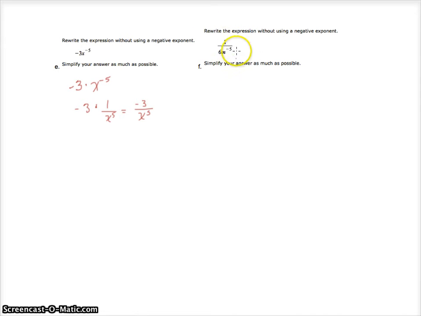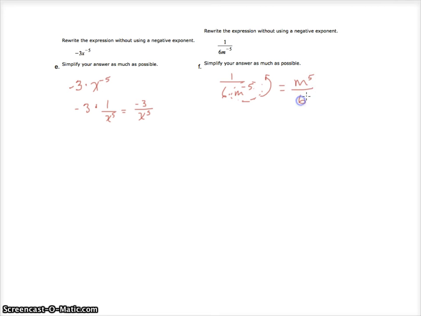When I'm looking at letter F, I have 1 over 6 times m to the negative 5th. When I look at it this way, the only value that I can move is the m to the negative 5, and that's going to slide up to the top. So it's going to be m to the 5th